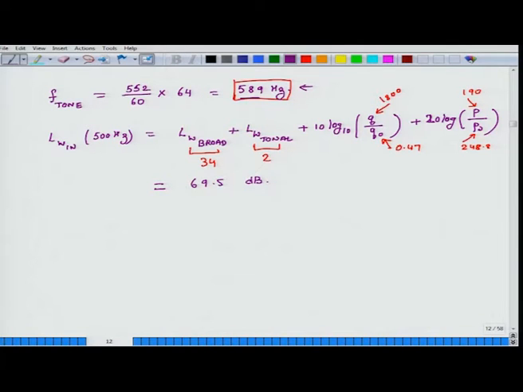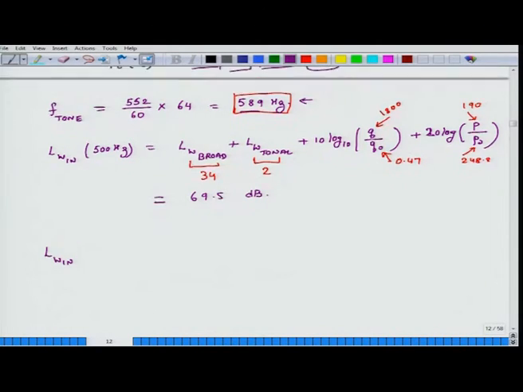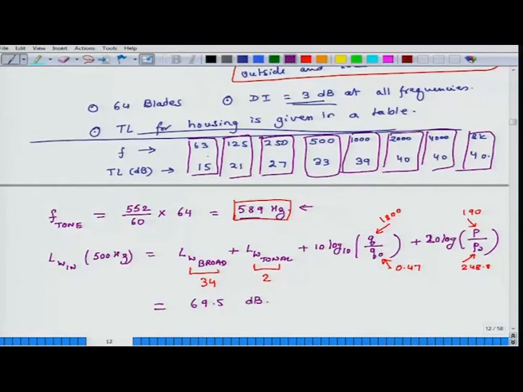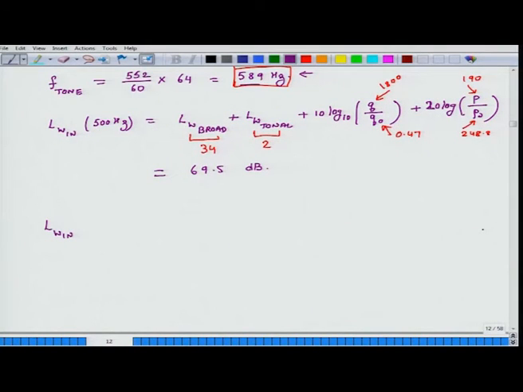Okay. Let us do for one more frequency, LW in. We have to do it for all the frequencies, right? What are the frequency bands we are interested in? We have to compute it for 63, 125, 250, 500, 1000, 2000, 4000, 8000. In this class, I am going to compute for one more so that you will learn how to do it. So, for 250 hertz,